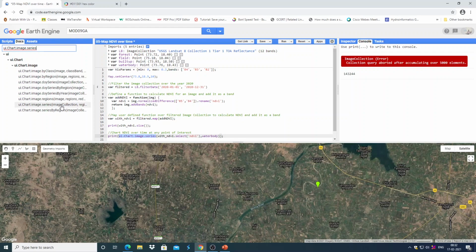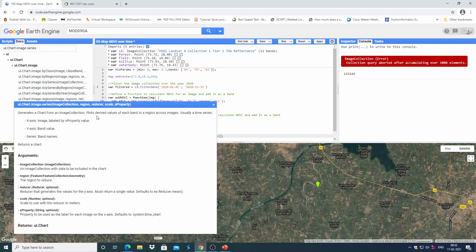For plotting any time series, you can use this method. It generates a chart from an image collection. So we have an image collection with NDVI as a band, and it plots the derived value of each band in a region across images, usually a time series. So we are passing an image collection as an input. For region, we have to declare the point of interest, and the others are optional